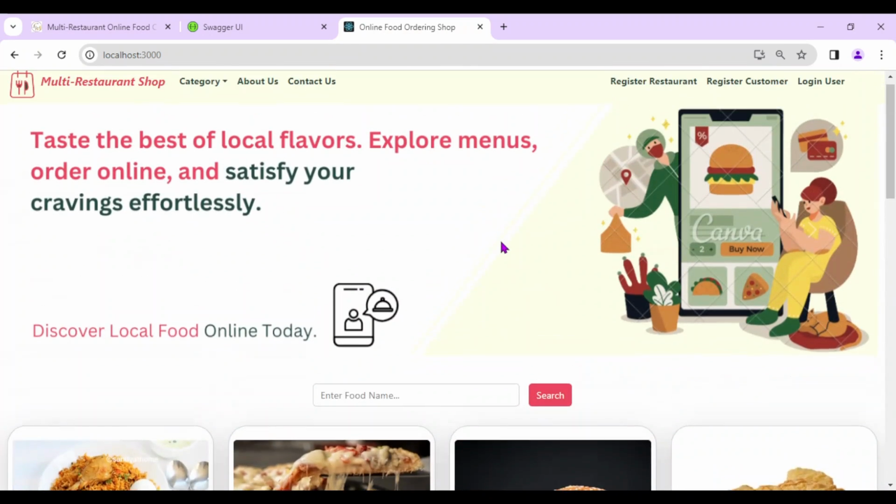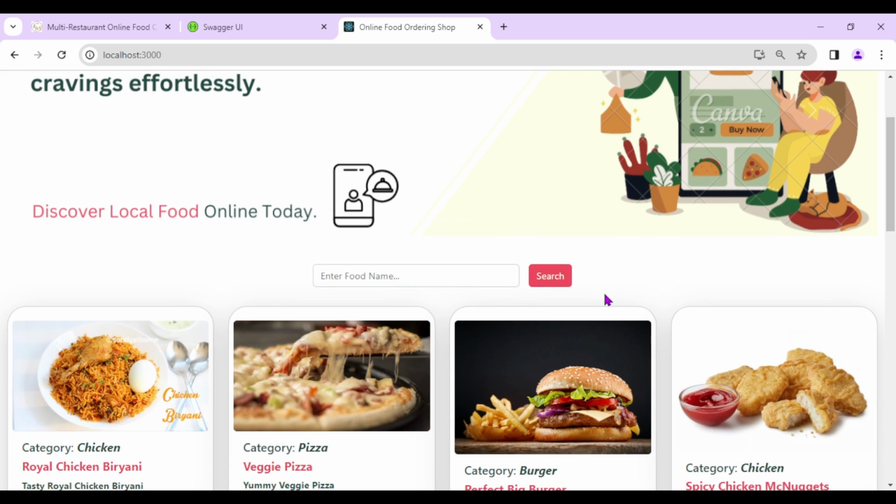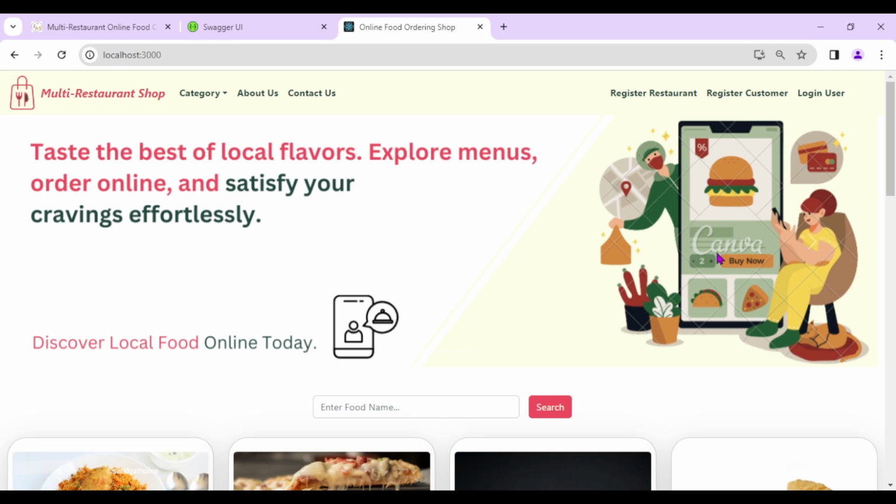As we know, this is our existing project, that is multi-restaurant online food ordering system, and in the same project I have added the functionality of the table management. We can see here the categories and all the things. If you want to see the complete overview of my existing project, you can see the previous video. The link for the same I will give in the description. You can watch how this category got added here, how we can log in as an admin, how we can search the food and all the things. Basically the complete thing you can see in my previous project video.